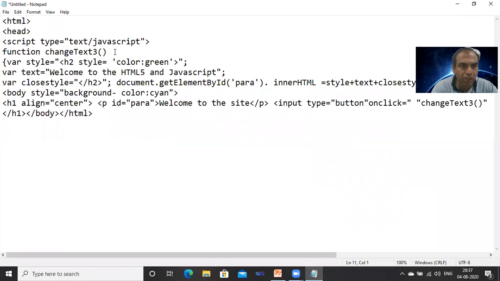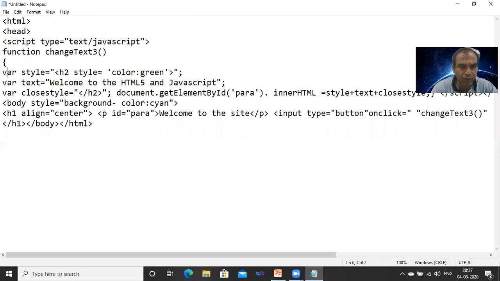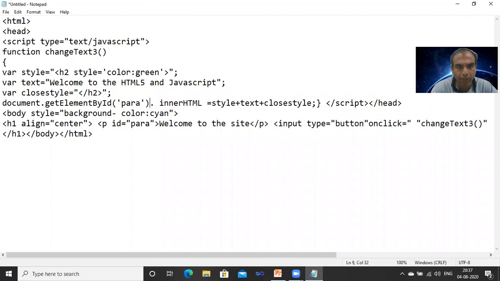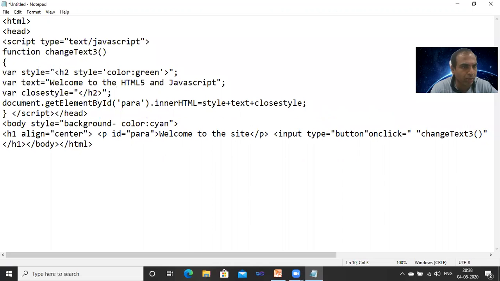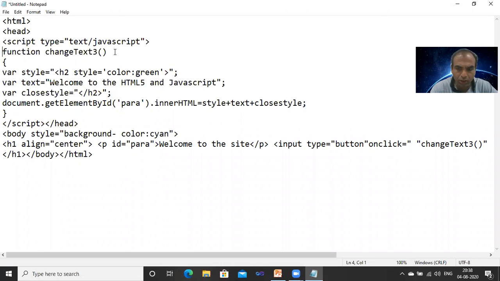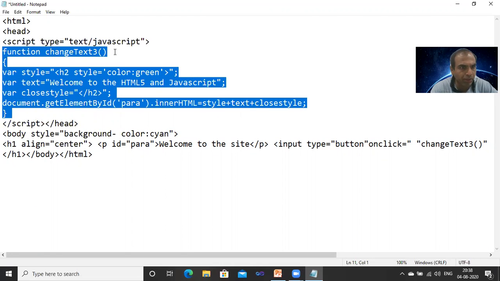Some correction is there that I have to make. See that now function in JavaScript, after the curly bracket is there, this is the first variable, don't leave the space after the equal sign. Then second, third, heading 2 over, then document.getElementById paragraph, don't leave the space after the dot sign, also before equal and after equal, don't leave the space. Then close the curly bracket. This is a function part we are using in the script.